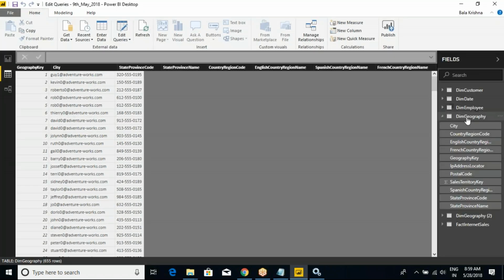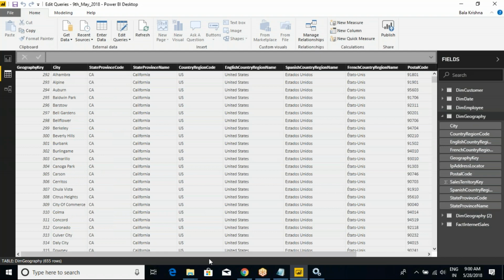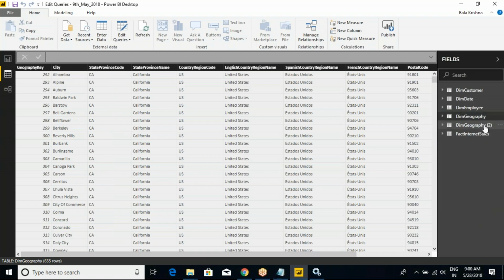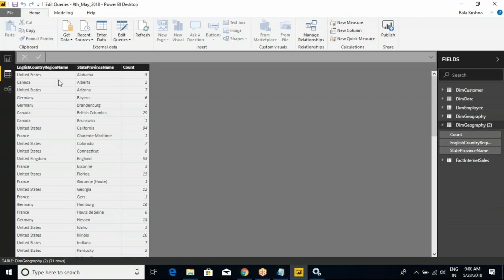Now see this one. When I go to geography, we have all the data. This is like the original table. When I go to the geography 2 table, now see, whatever operation we just performed will be there. So that is the simple point. The next one is